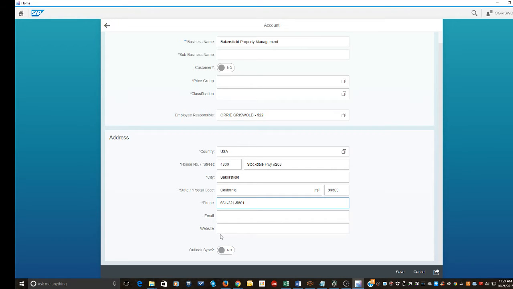In the Outlook sync button at the bottom, if you turn this on, then that will allow Fiori to populate your Outlook data as well. So it'll interact with Outlook, and you can look up any companies that you've entered into Fiori with your Microsoft Outlook as well. So this is the information that we're going to put in, and I just want to reiterate